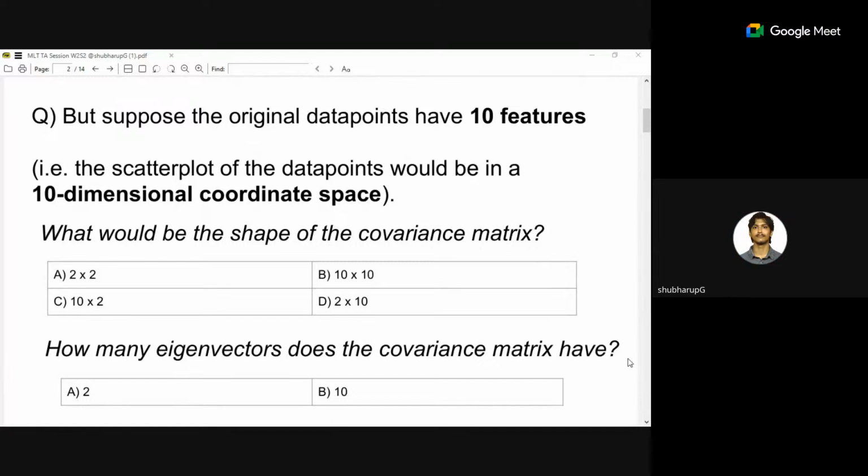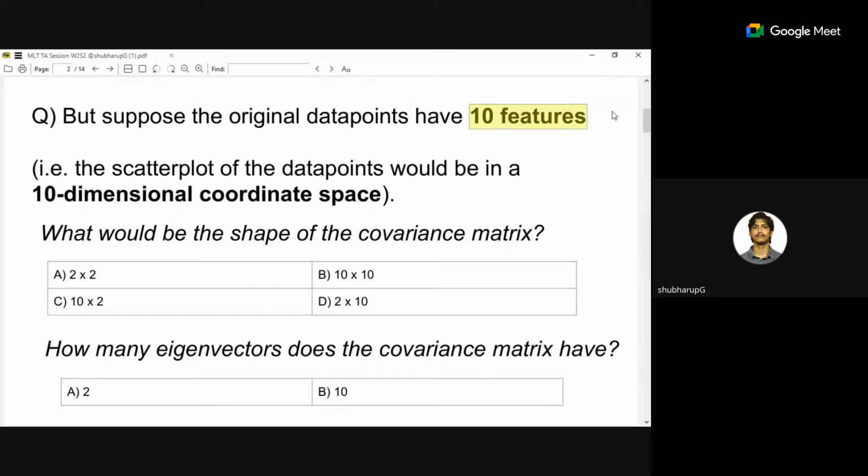So this is not going to be a very numerically intensive session, at least not this one. But the questions that I have included are a very strong reinforcement that you should be able to tell these things right off the bat. That if there are 10 features, the covariance matrix is going to be 10 cross 10. Why? Because